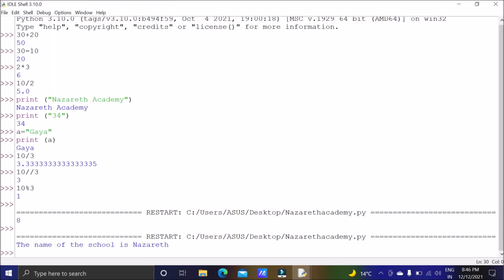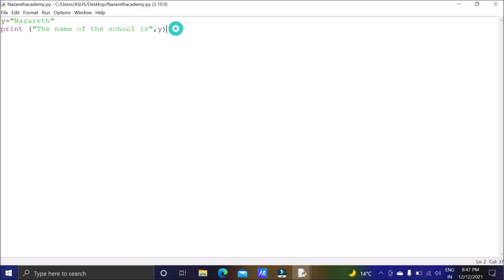So you can see the name of the school is, this was the message which I showed. So it is as it is, and after that the variable had the value Nazrat, so it printed the same sentence. So there are two ways by which we can print: we can print the variable directly, or we can write one sentence and after a comma I can also write the variable. So whatever I want, I can go for that. Now these are the ways by which we can print something directly.